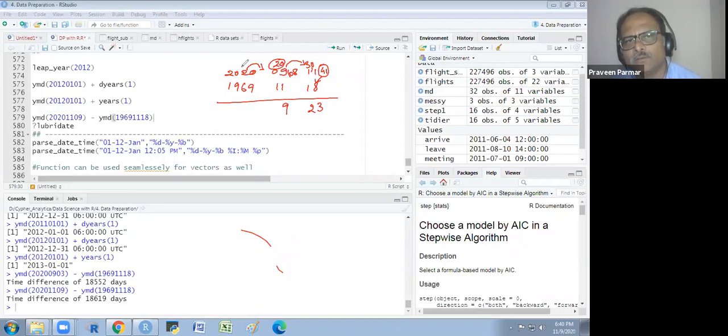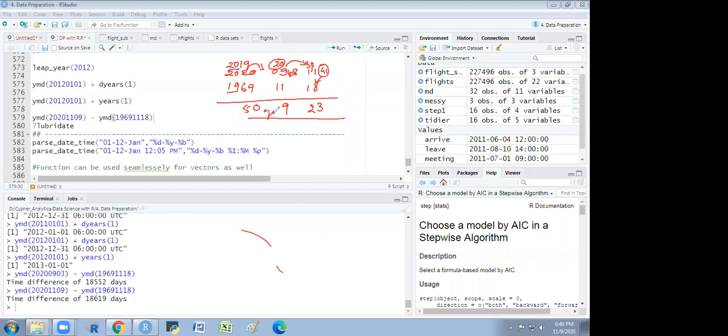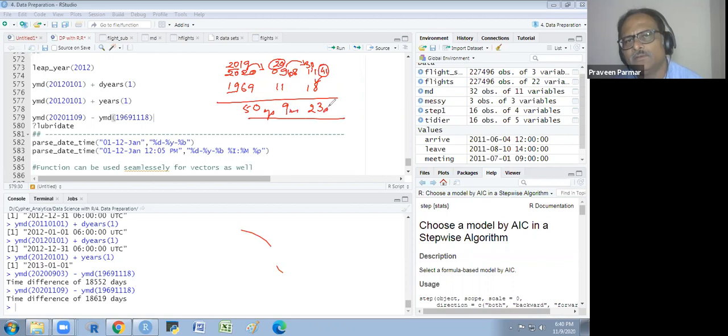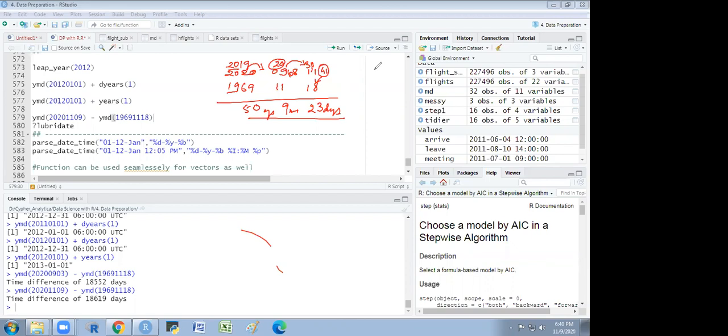And here we have 2019 finally, 2019 minus 1969 is 50. So 50 years, 9 months, 23 days. Got it? Yes, sir.